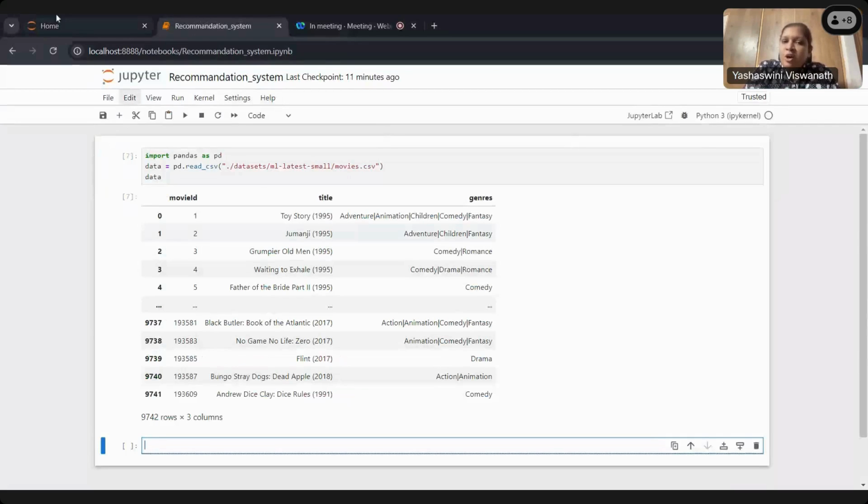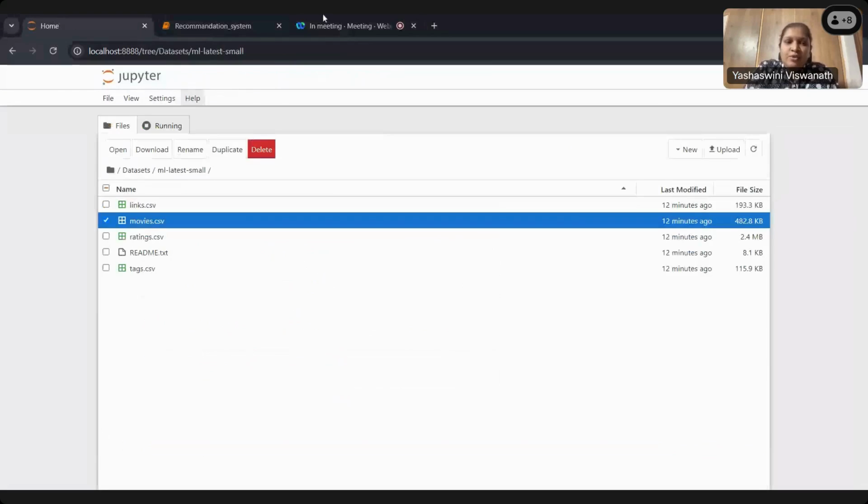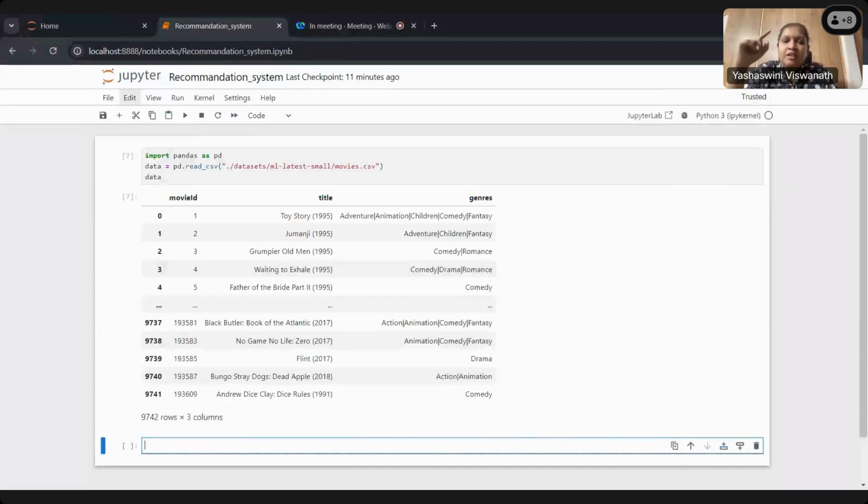Now, if you see the genre, we see that it's in a string format, which is having the bar symbol to demarcate between the different genres. Now you need to write a piece of code to do this.